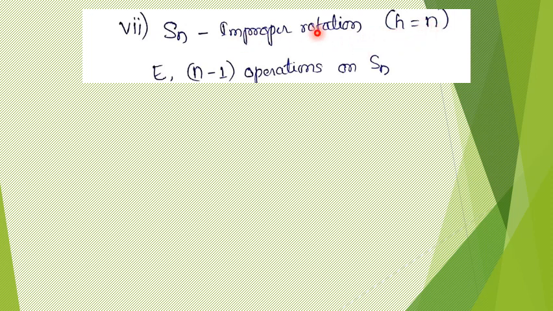So what are the operations that are possible? E, of course, will be possible, and the total number of operations should be n. So if one is E, the others definitely should be present on Sn. How, on Sn, what all operations are possible? With one illustration we can see that.